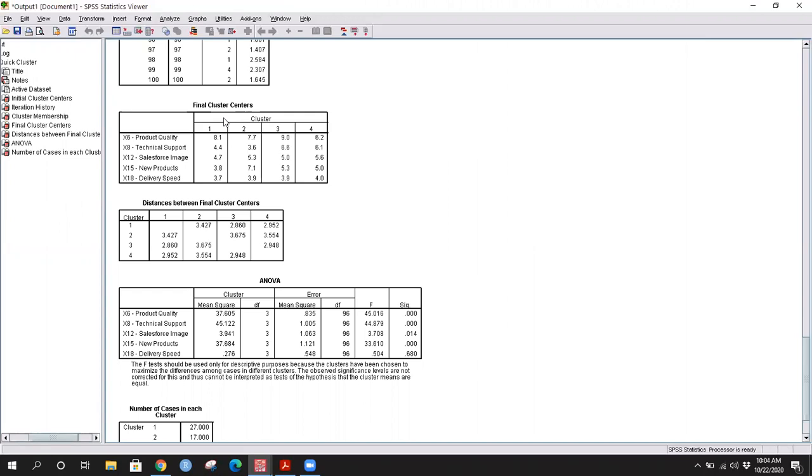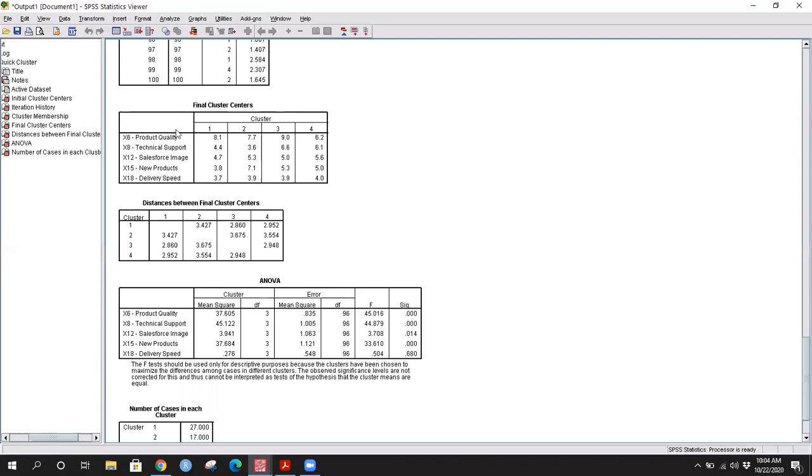So let's interpret them. So this is cluster 1, 2, 3, and 4. That is the 4 cluster solution we were indeed looking for. These are your clustering variables. That is the variables which have allowed you to make clusters. So we had taken intentionally some 5 variables. So these, see, the knowledge of variables should come from your research question. So your research underlying theory should guide you along that.